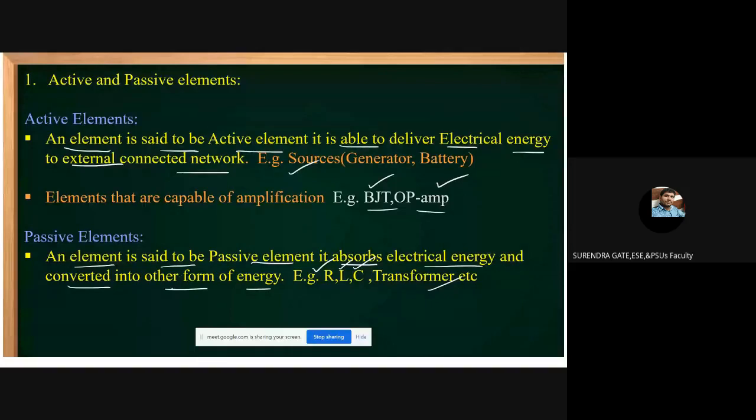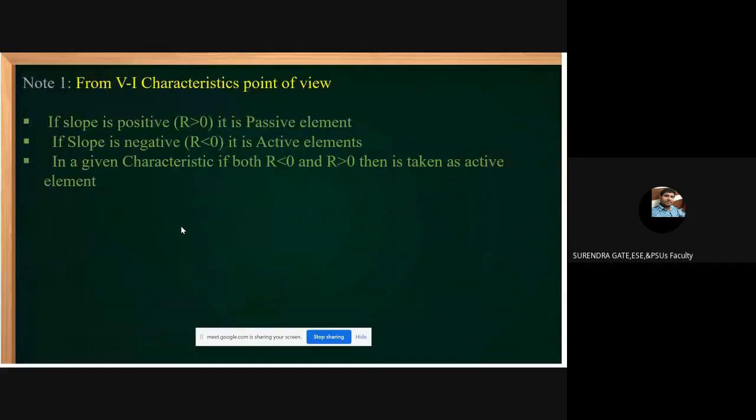But this will not be asked in competitive exams. What is an active element? What is a passive element? Like that, it is not asked. But how questions can be expected in competitive exams, that you will see. Students, these are important notes in order to solve questions in competitive exams based on active and passive elements.